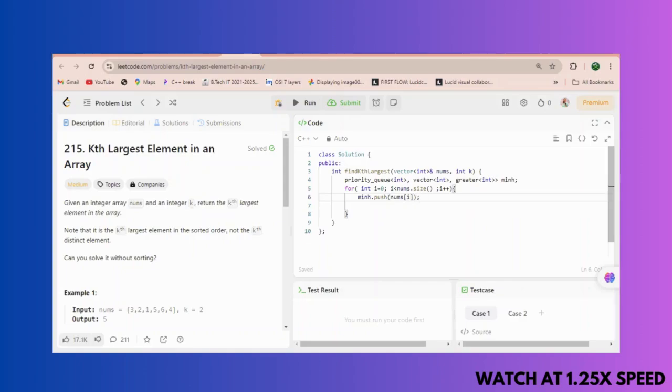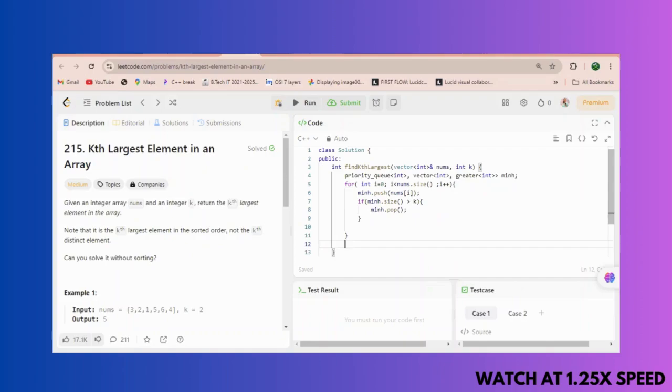Is this clear? There is a condition: if minHeap dot size is greater than k, then you have to minHeap dot pop, you have to delete that element.